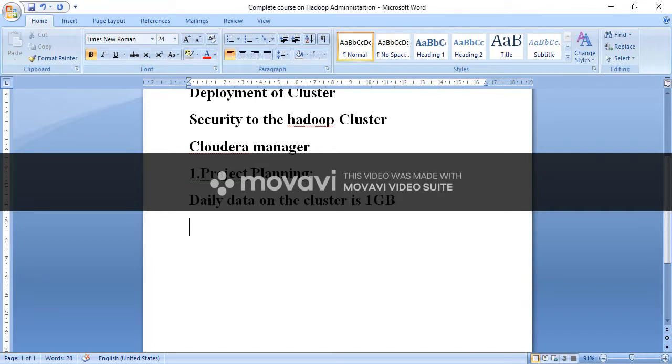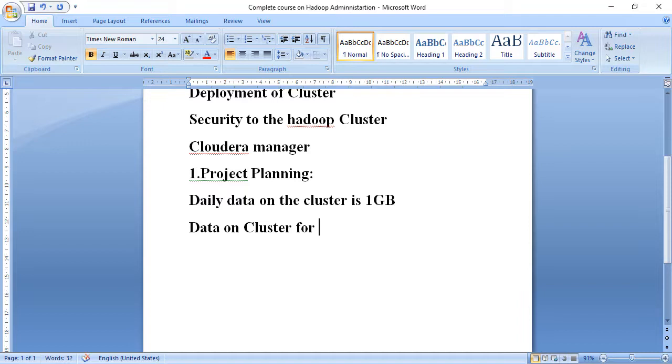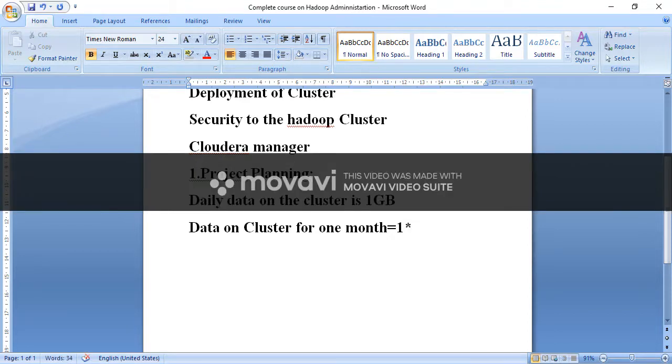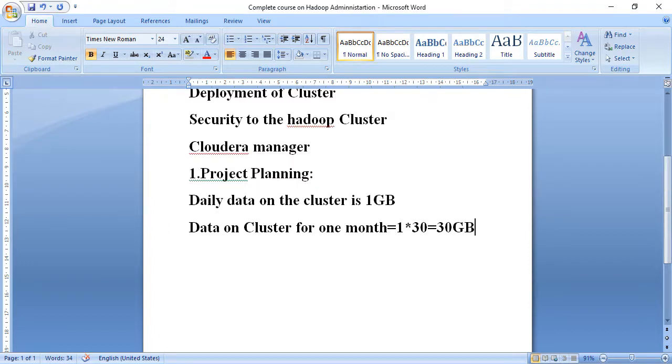The data on the cluster for 1 month is equal to 1 into 30, that is 30 days, and this is equal to 30 GB of data which is coming on the cluster